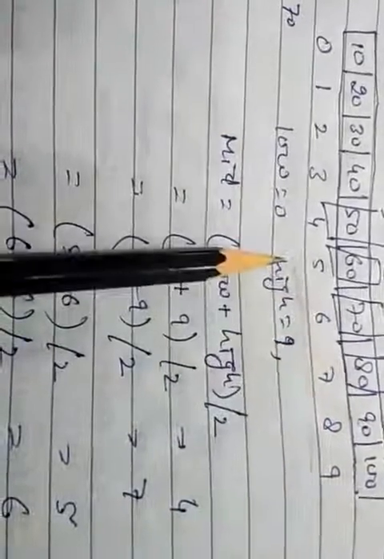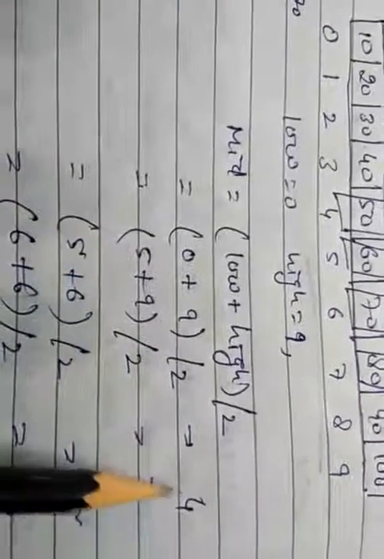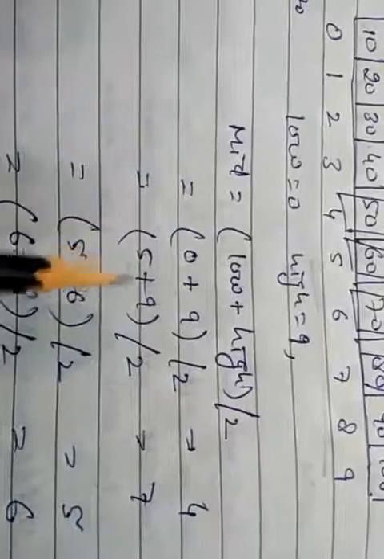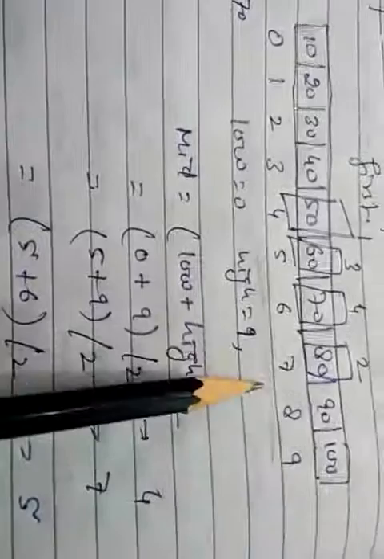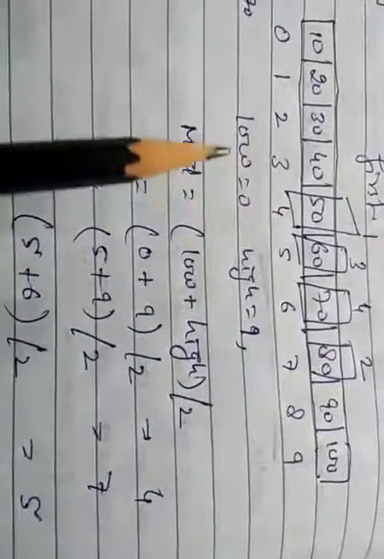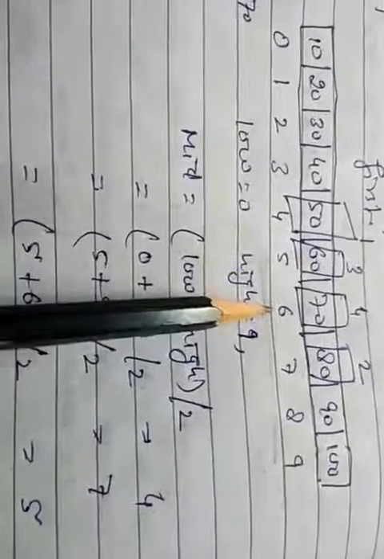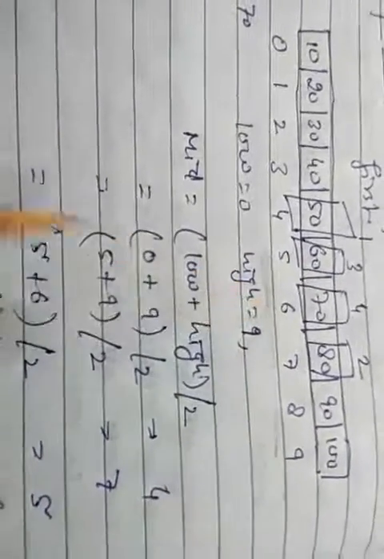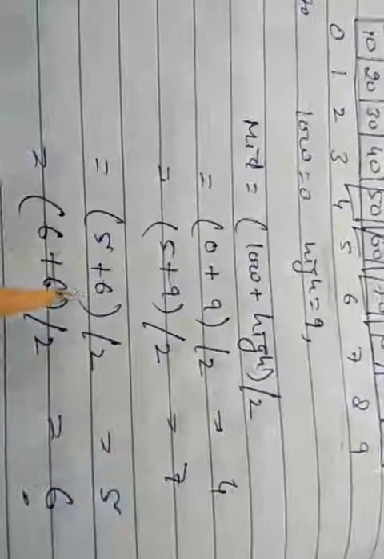So the value of low will be changed and high will be the same. Here low will be 5, that is mid plus 1, and with high 9, (5 plus 9) divided by 2, again we are getting, the second time, 7. So at index 7 we are getting 80. This is not equal to the search element and it is greater than the search element. So when the value of search is less than the middle element, then we will move only to the left hand side of the remaining array. So in this the value of high will be changed. High will be mid minus 1.